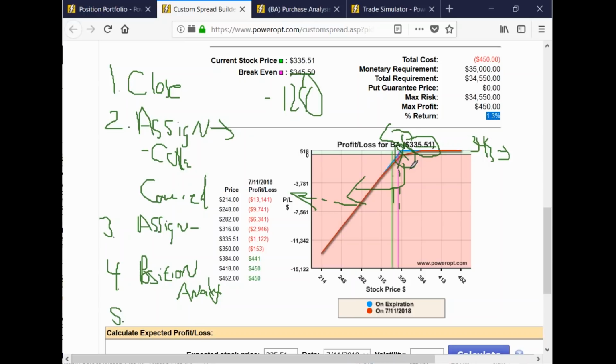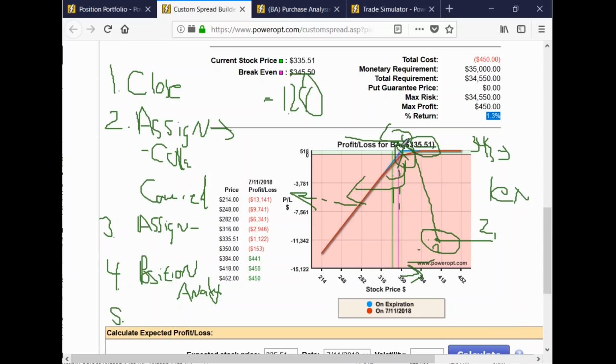Now let's think about it. If I converted this to a spread, if I bought an in-the-money put to try to get $1,250 back immediately, I have to go to the 362 or the 365, right? I need 10 or 12 points higher than this to buy a put to create a bear put debit spread that would be at a profit. The problem is that even if I went that deep in the money, number one, it's going to be extremely expensive. Number two, in this case, it's not going to get us back to profitability. The stock has fallen too far below the put strike price to try to convert it to a vertical spread now to where we could still profit.